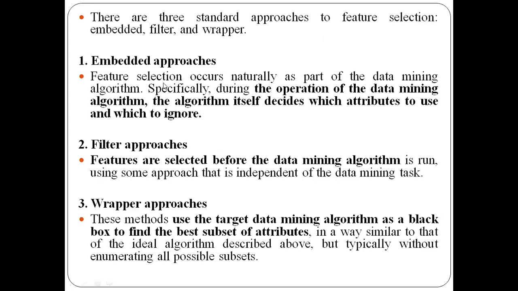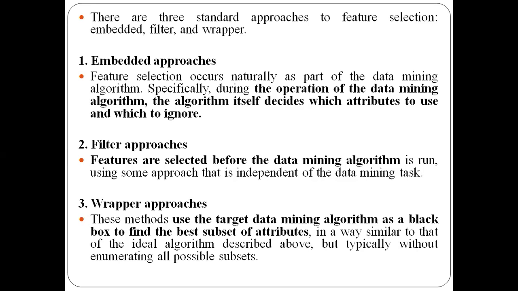For this feature subset selection, we have got 3 different kinds of approaches. One technique is considering all the subsets of features. All the subsets means if you have got n attributes, then I need to consider 2 raised to n subsets. But that will be quite difficult for us, because it will consume a lot of time and also processing cost. So instead of that, we have got 3 other techniques for feature selection here.